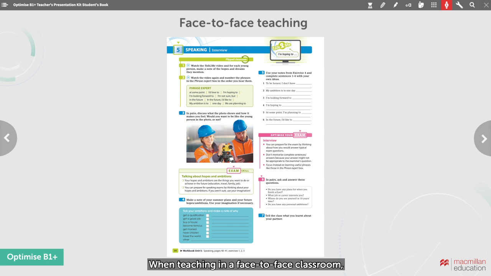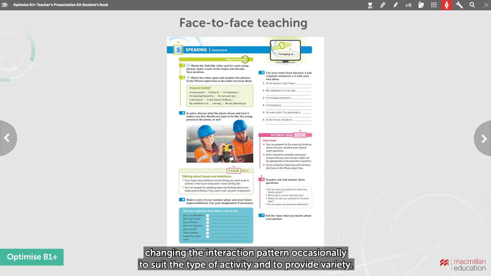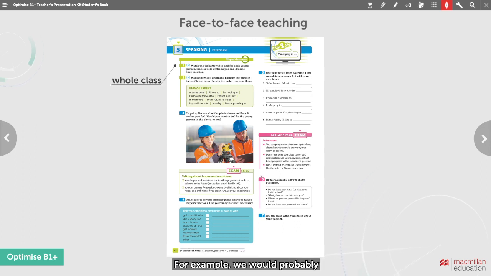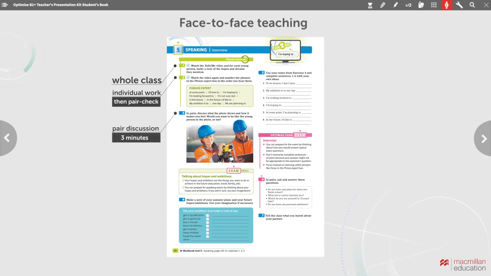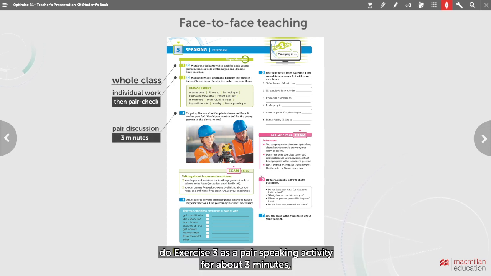When teaching in a face-to-face classroom, we could simply follow the order of activities on the page, changing the interaction pattern occasionally to suit the type of activity and to provide variety. For example, we would probably watch the video as a whole class, get students to do the phrase expert box alone, then check their answers in pairs, do exercise 3 as a pair speaking activity for about 3 minutes,